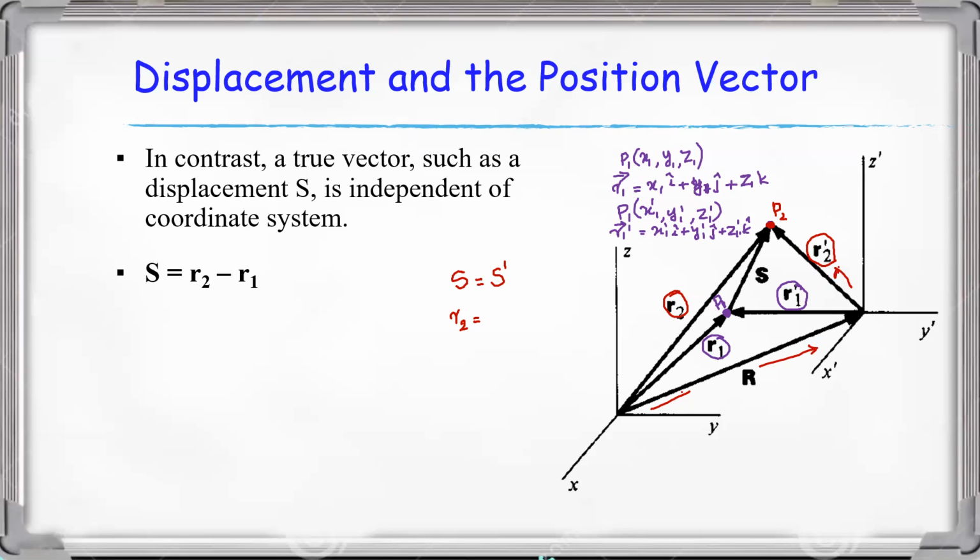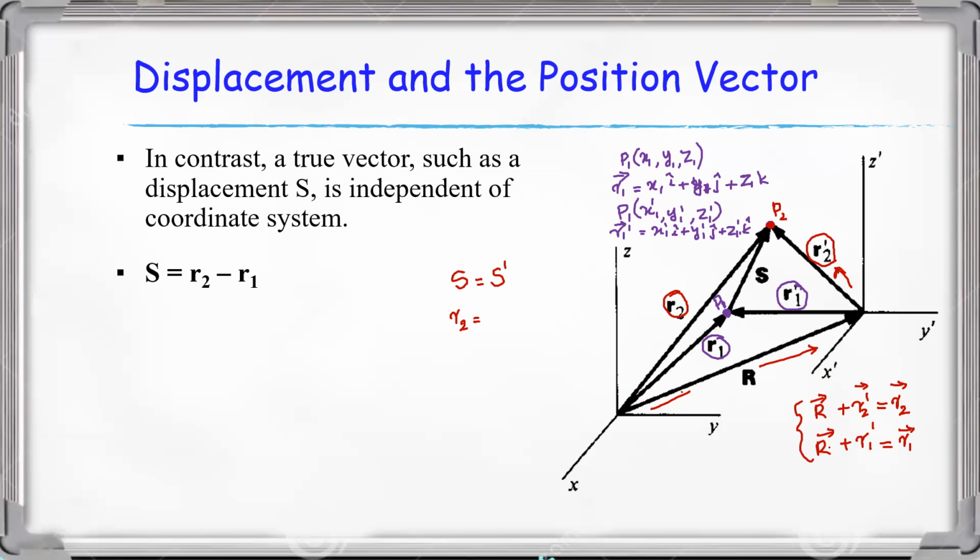These directions, these arrows, capital R, we know that. Here I write capital R vector plus R2 dash vector must be equal to R2 vector. And similarly, when we take this one, R vector plus R1 dash is equal to R1. Then capital R plus R1 dash must be equal to R1 vector. From these